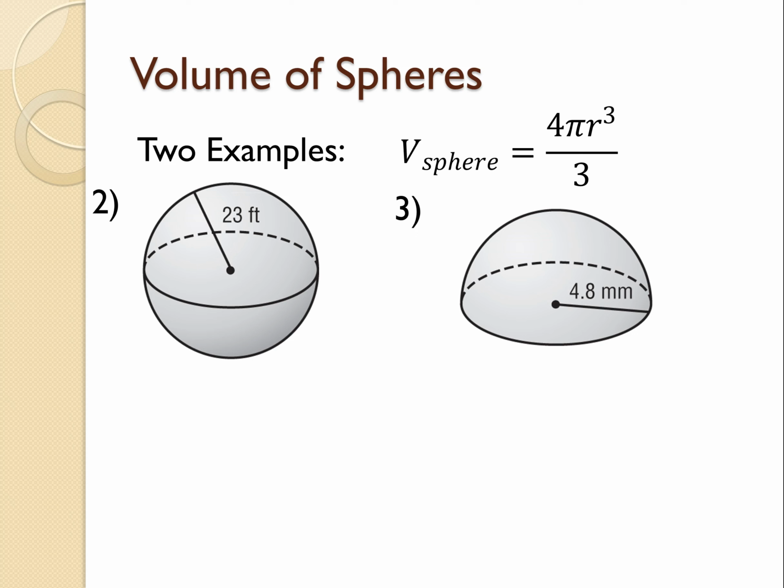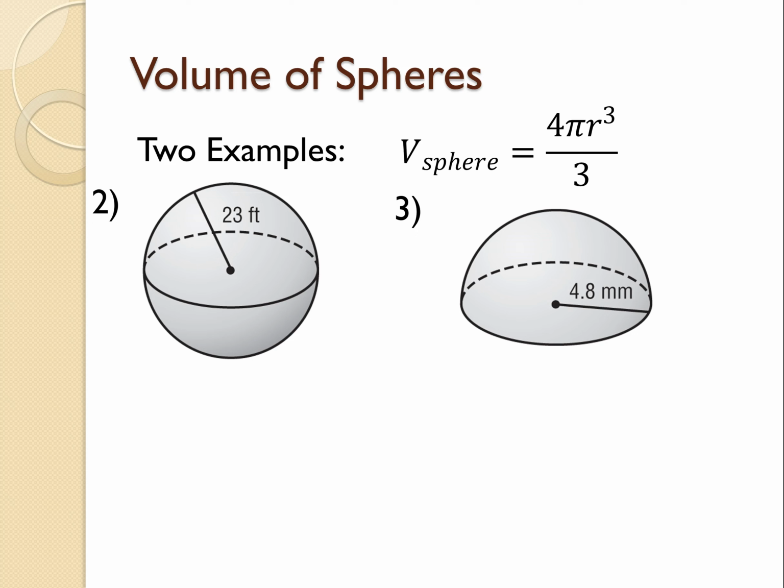Sweet. All right, so I combine volume of spheres in with this lesson as well. 2 and 3 I'm going to walk through slowly as worked examples. So you see my formula has changed. It is 4 times pi, or 3.14, times the radius cubed, because now that radius measures 3 different directions, divided by 3. There are a few really great videos on YouTube explaining the formula and using CAD and computer graphics that are beyond my expertise. I highly suggest you use those to see how that formula is derived. But until then, let's work through these